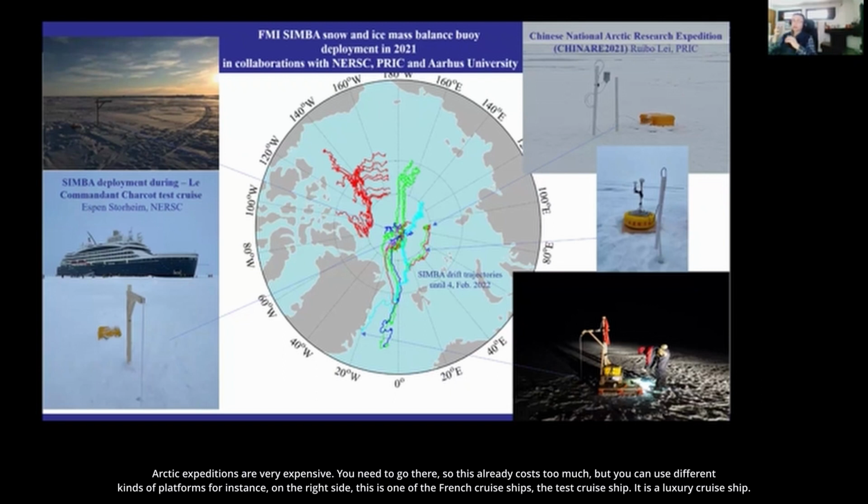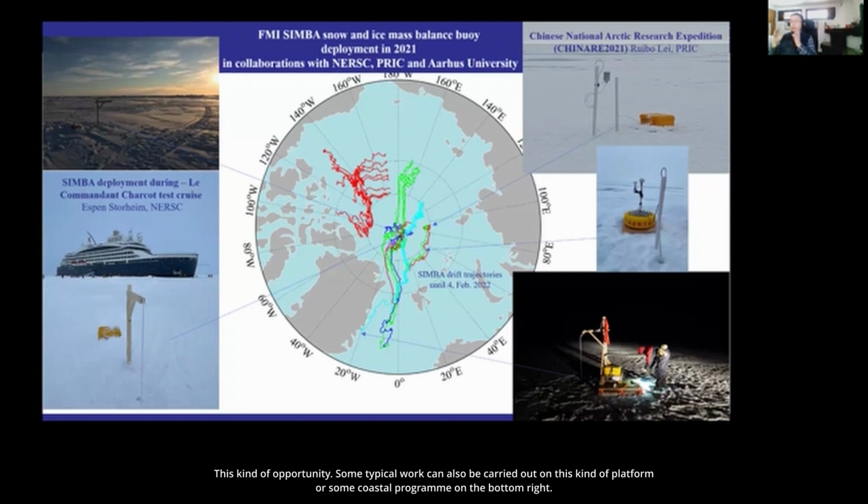For instance, on the right side, this is one of the French cruise ships, a luxury cruise ship. With this kind of opportunity, scientific work can also be carried out on this kind of platform. Or like some coastal programs, on the bottom right,